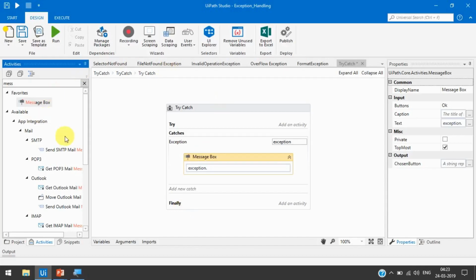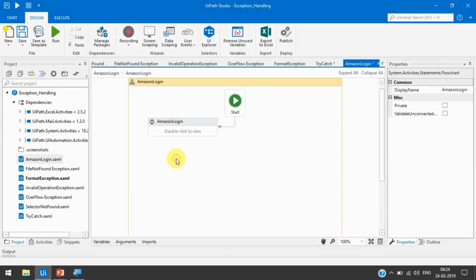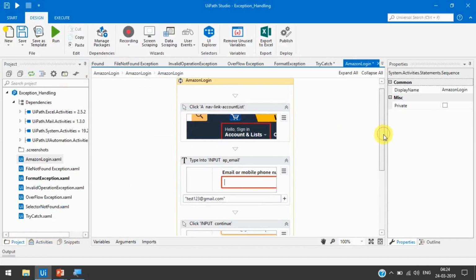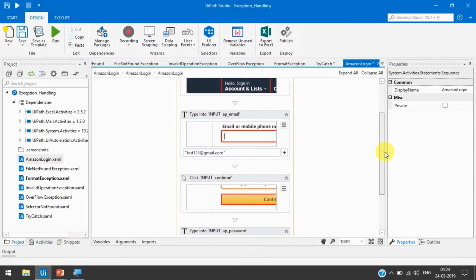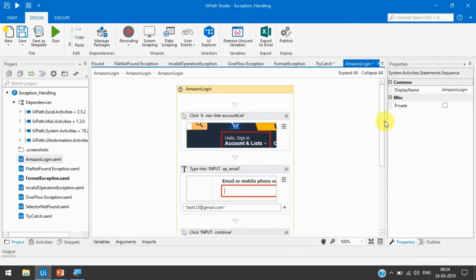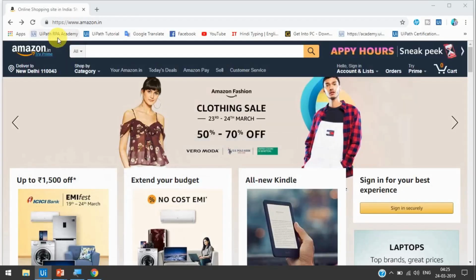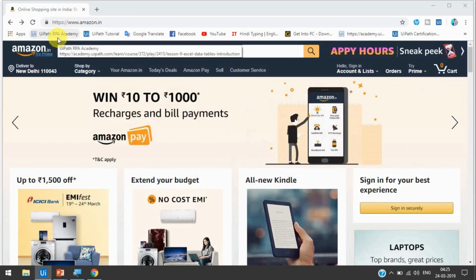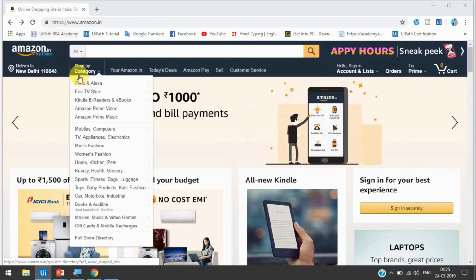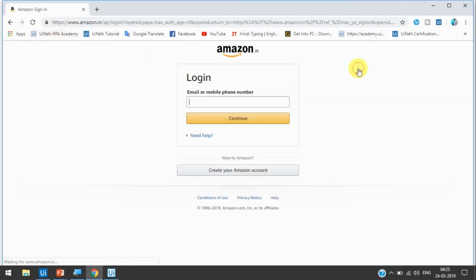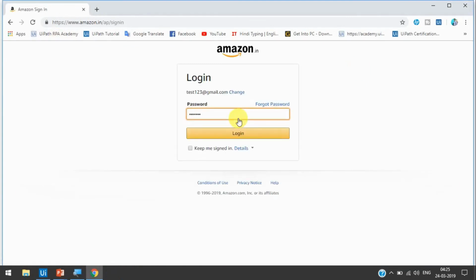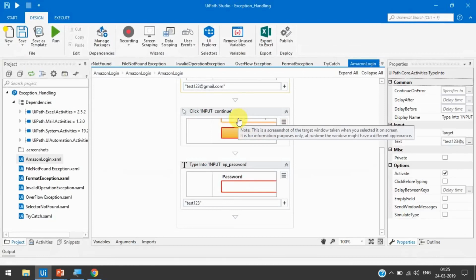I have already created one project here. These are the normal steps. You all know that I have just put some activities here to log into the Amazon website. Run this project. So now you can see it clicked on the login option and then email and then password. So this is the normal flow